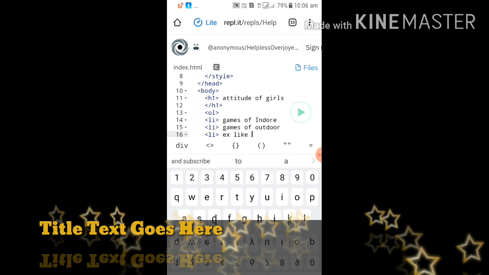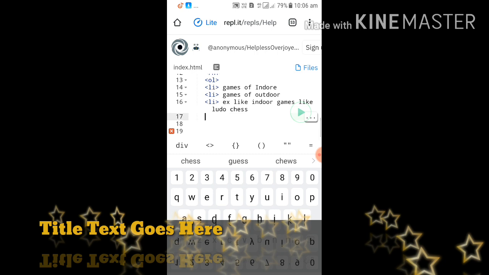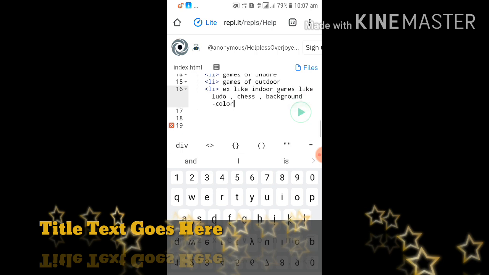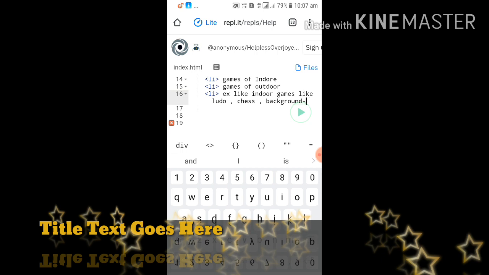Then we have to write an example, like indoor games like Ludo, chess and Uno.